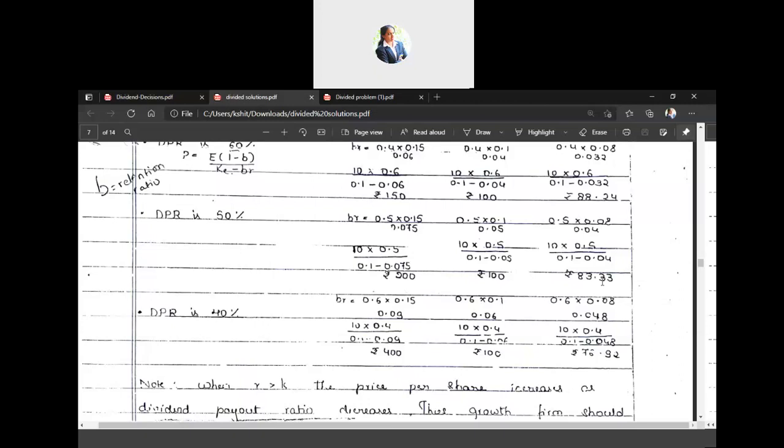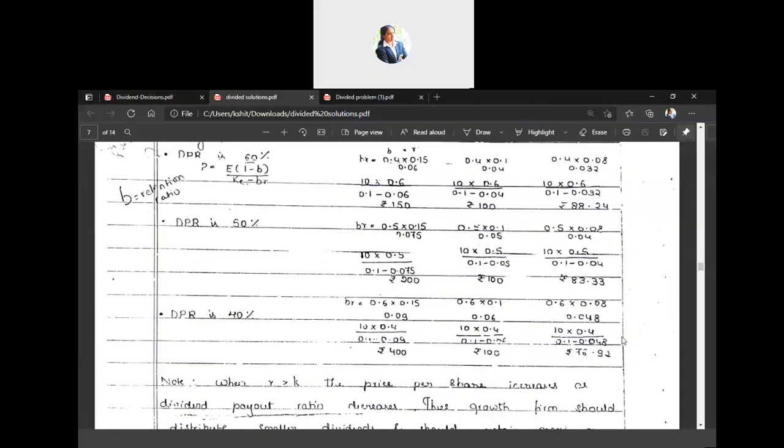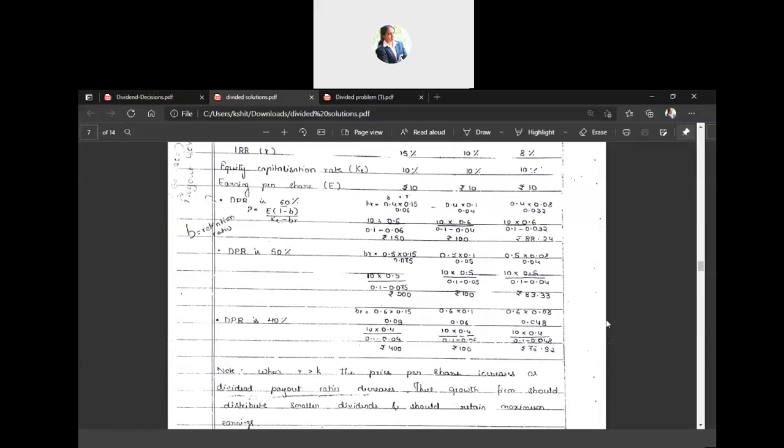And for a declining firm, the price of the share is 83.33 rupees. And when the dividend payout ratio is 40%, for a growth firm, the price of the share is rupees 400. For a constant firm, it is rupees 100. And for a declining firm, it is 76.92 rupees. So here we can understand the relationship between the rate of return or the internal rate of return and that of